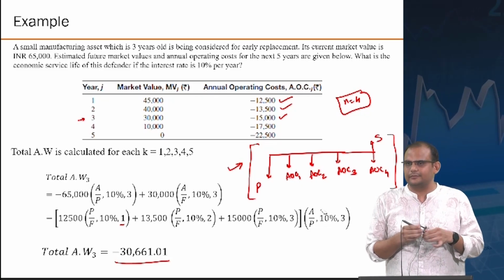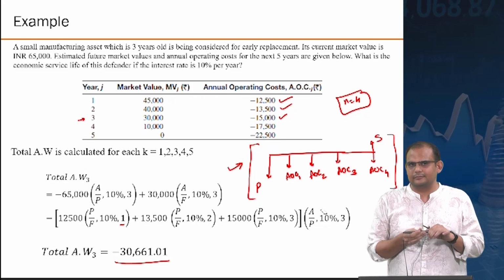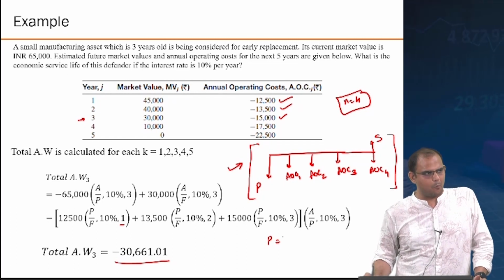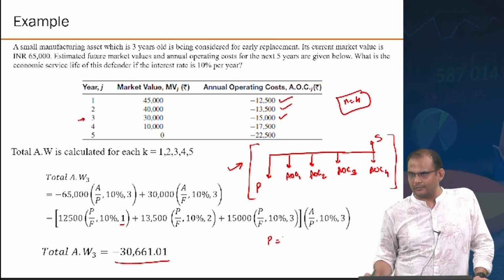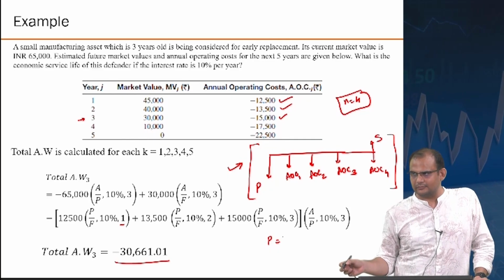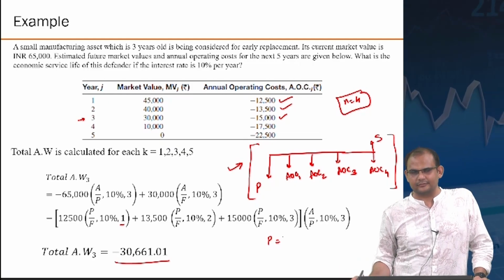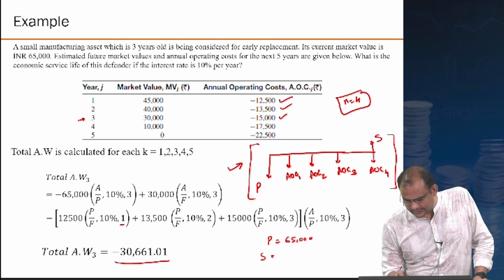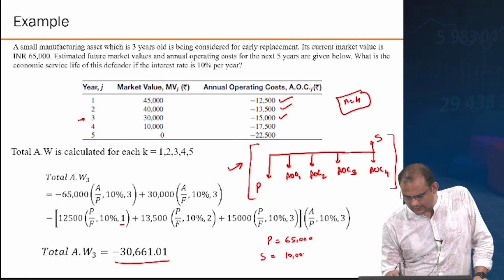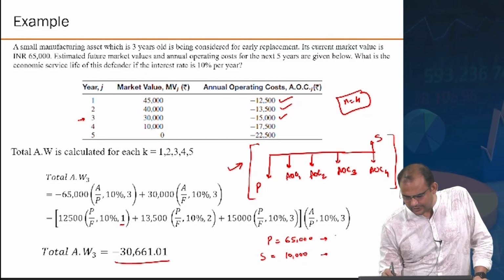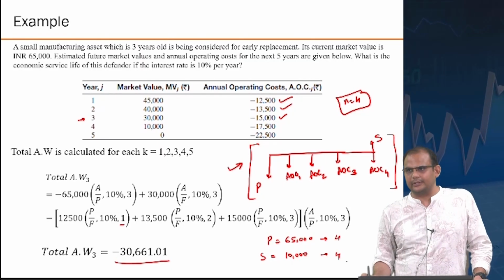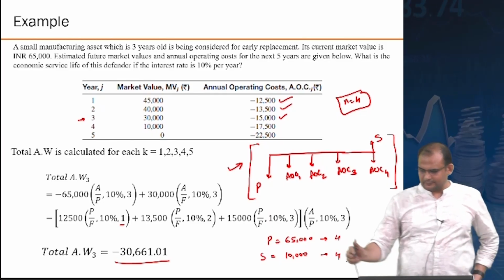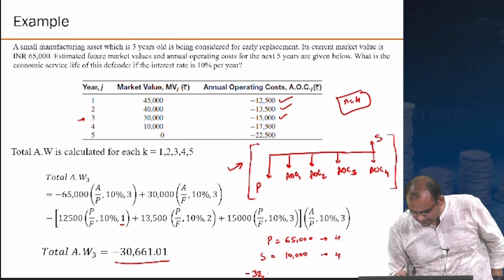How much is it? What is the value of P? 65,000? Something else? 65,000. What is the value of S? 10,000. These have to be distributed for 4 years. Rest of the problem is clear. Tell me the answer. Minus 32,700 and